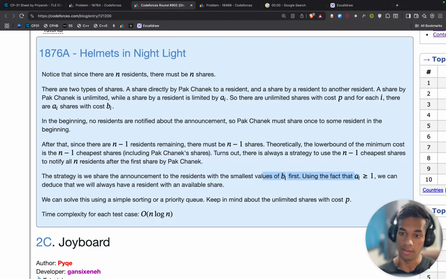And either B_i becomes greater than P, which is the cost when Pakchanik goes to tell someone.